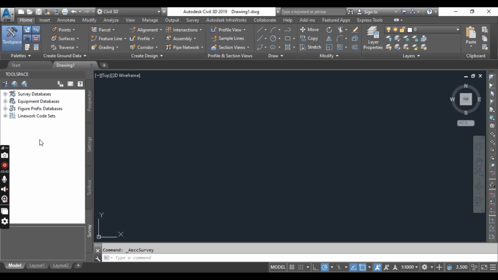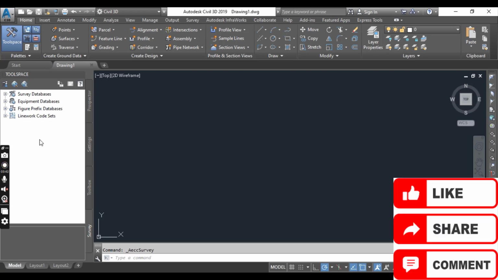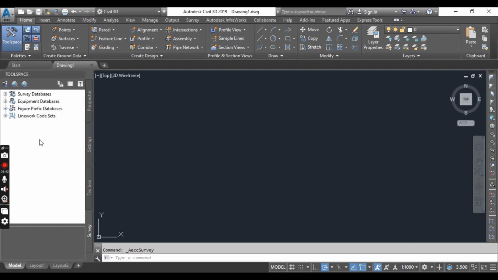What we will learn in this chapter: we will properly learn about collecting data in the field and how to import them into Civil 3D. We will set up description keys and figure database, and we will translate survey from assumed coordinates to known coordinates, and we will also perform reverse analysis, which is really important for surveyors. So stay tuned for the